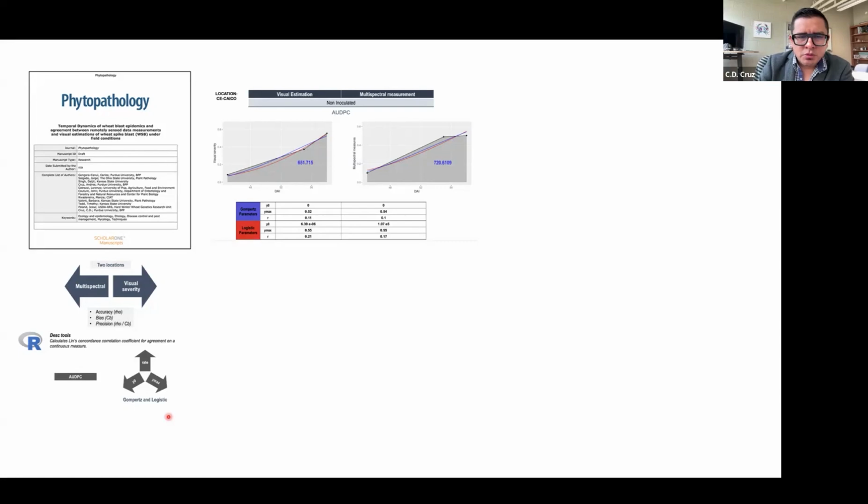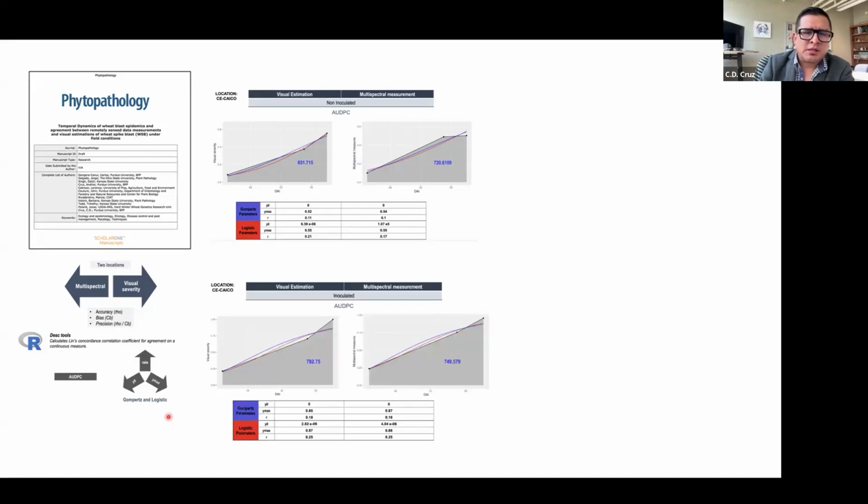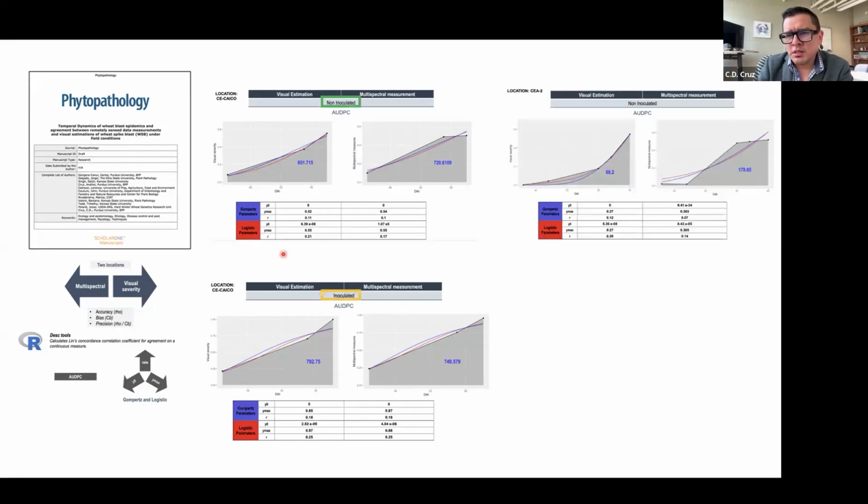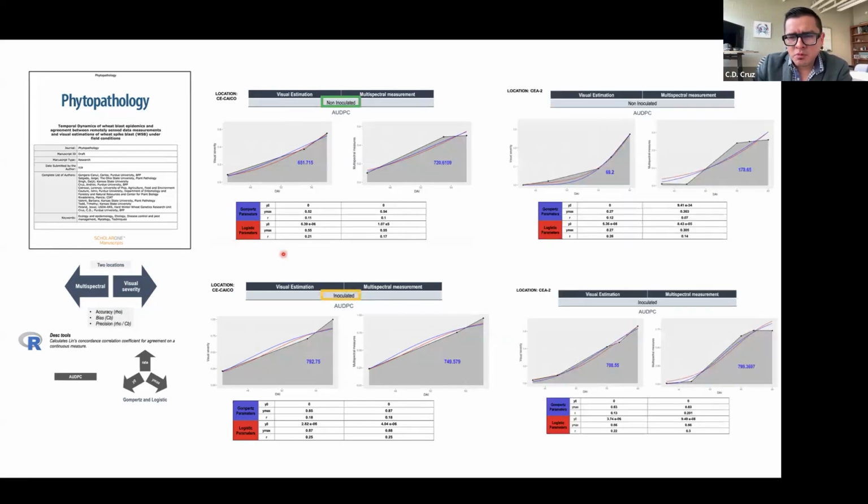And so there were 2 locations where we had used different time points. In this case, we only had 3 time points, but in a different location, we ended up having 5 time points. But what I wanted to share from this modeling perspective was that when a concordance analysis was conducted